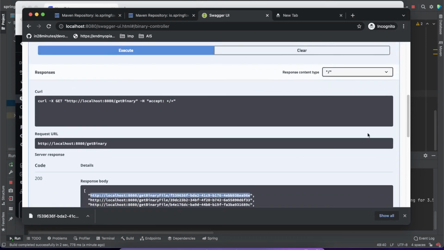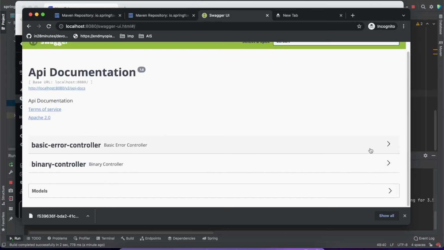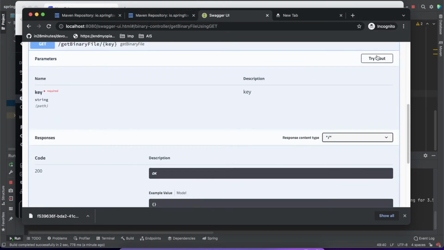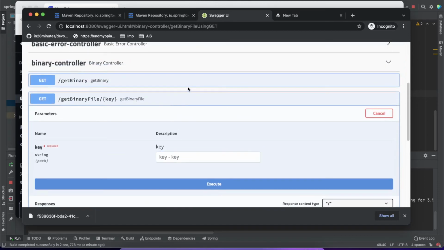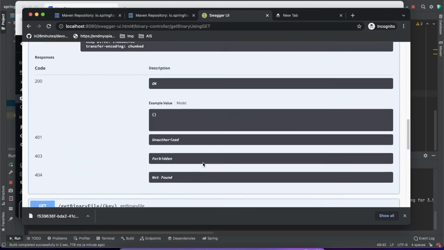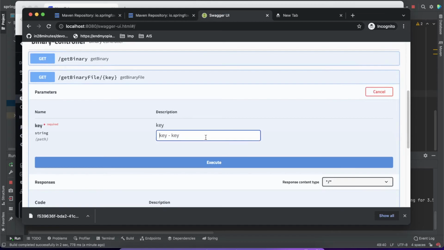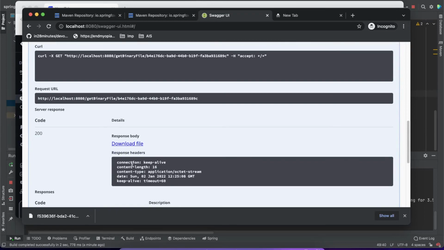Now the thing is that I don't want to, let me close it down. I don't want to show this URL over here because it is expecting one path variable. See, if I click on the try-out, it is expecting the key variable. So even if I put the key value over here, let's say this is my key value, right? So if I put the key value over here, I have copied it, let me close it down. If I put the key value over here and if I execute it, see, it is giving me the download option. But I don't want it like this because